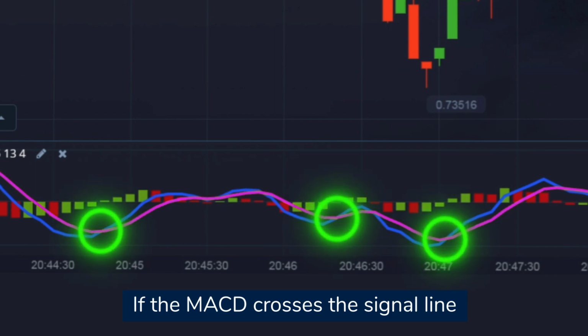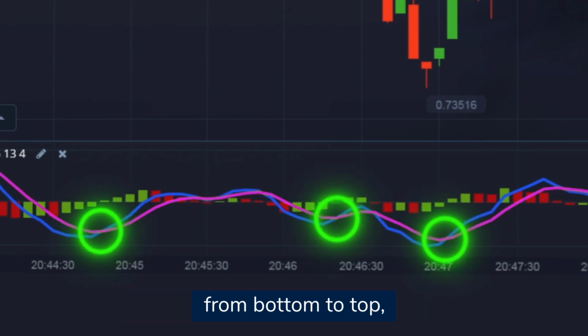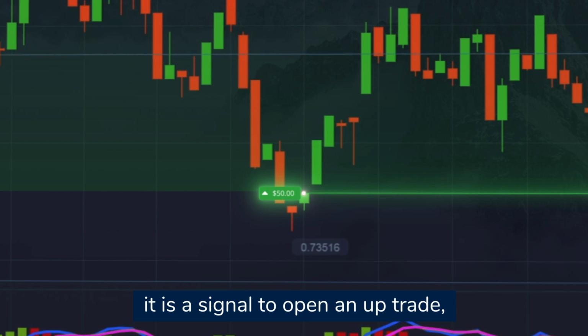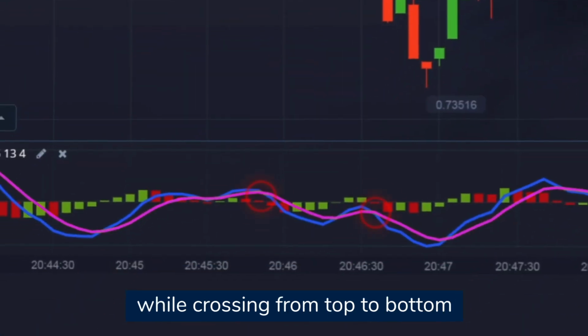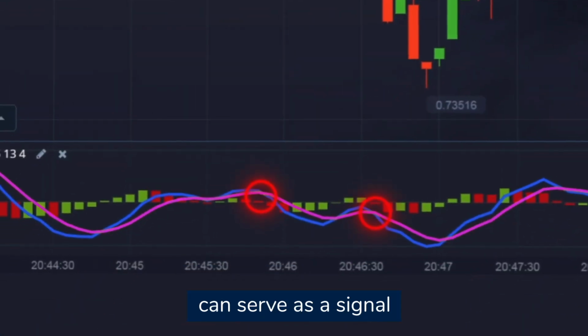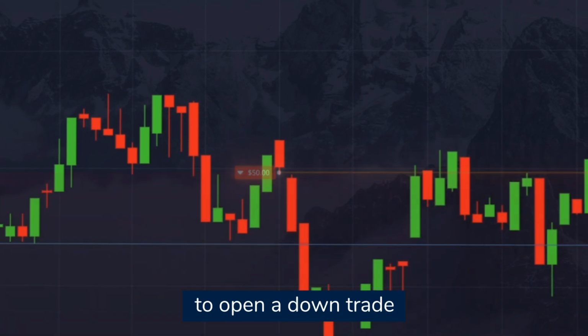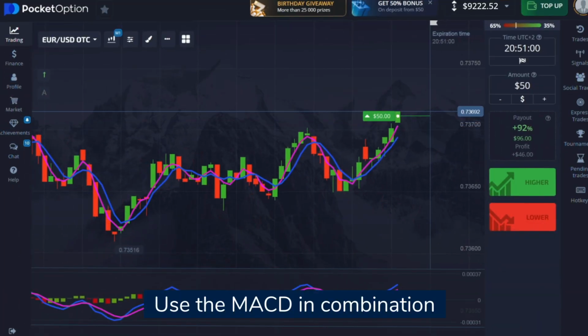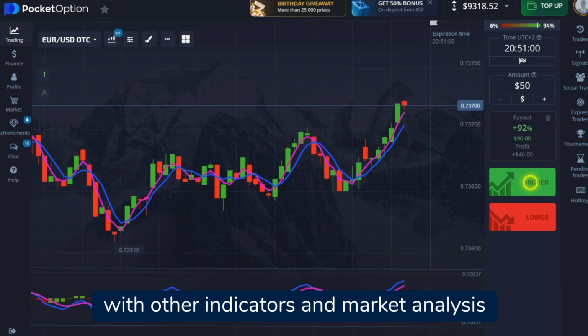If the MACD crosses the signal line from bottom to top, it is a signal to open an up trade, while crossing from top to bottom can serve as a signal to open a down trade. Use the MACD in combination with other indicators and market analysis to get better